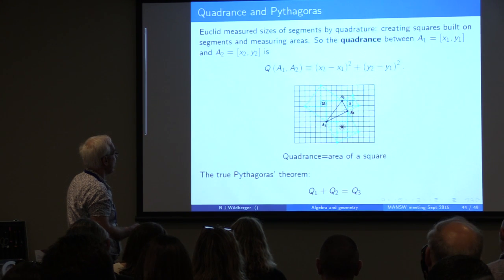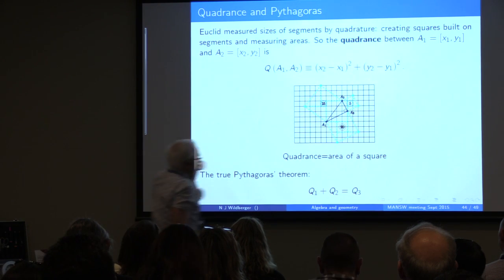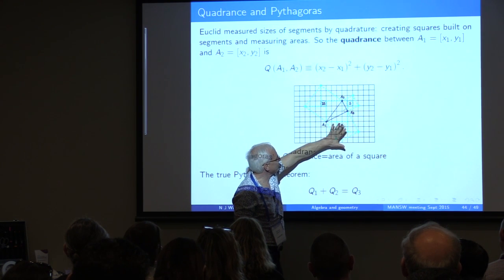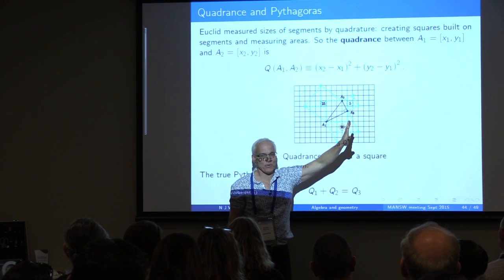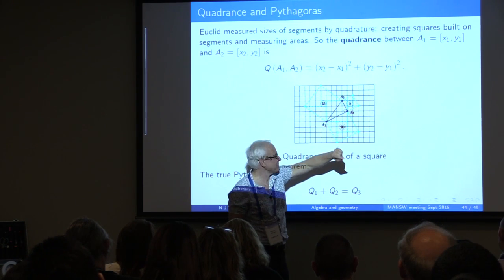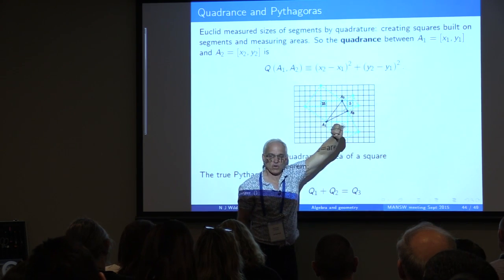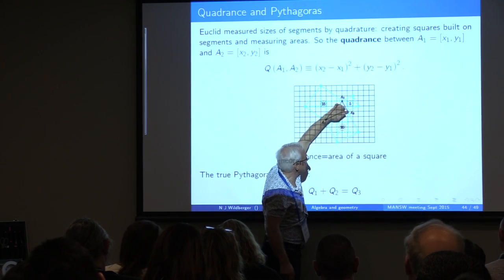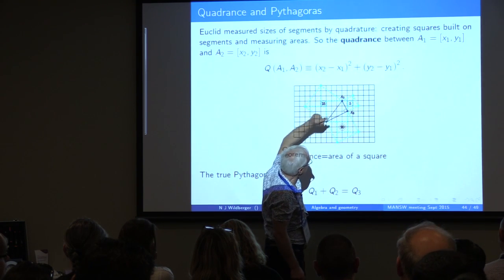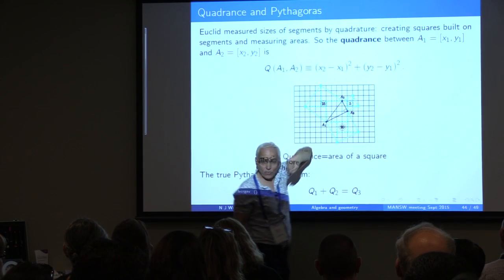Okay, so what's really going on? It actually goes back to the ancient Greeks. If you have a Pythagorean right triangle, the way Euclid thought about Pythagoras' theorem was not the way that textbooks these days explain it. Very different. It's very illustrative to understand this. To Euclid, Pythagoras' theorem was a relation about the areas of 3 squares. You build a square on this side, a square on this side, and a square on the third. Euclid's formulation was that if this is a right triangle, then the area of this square plus the area of this square equals the area of this square.